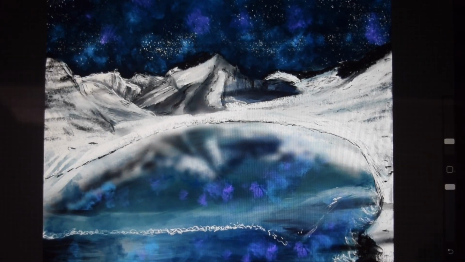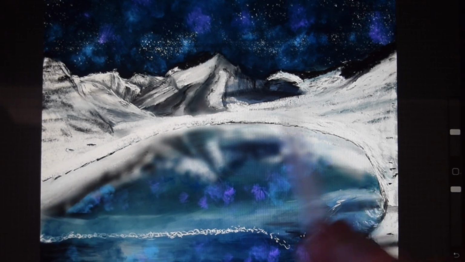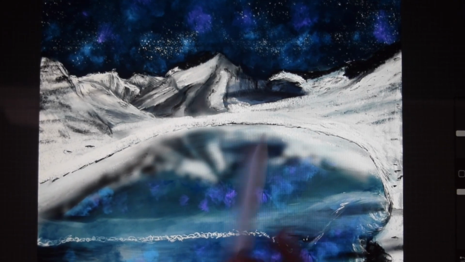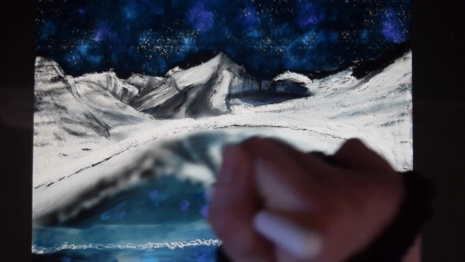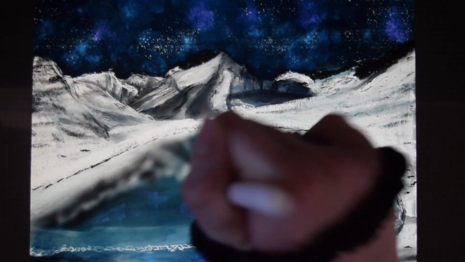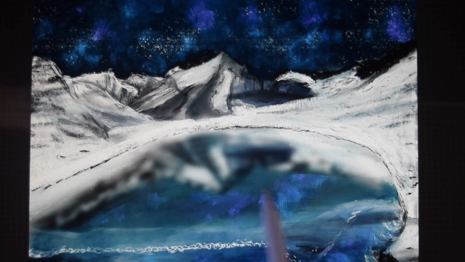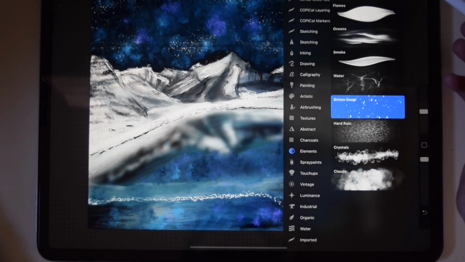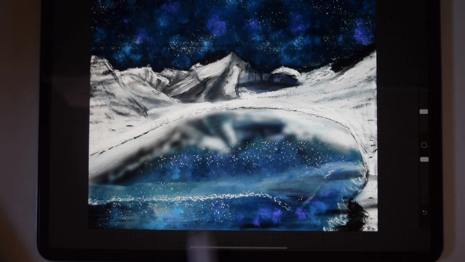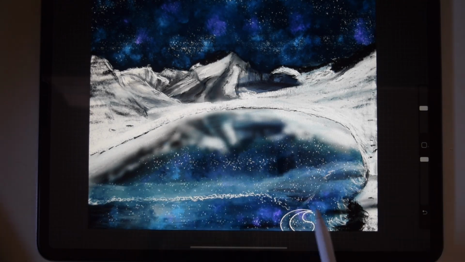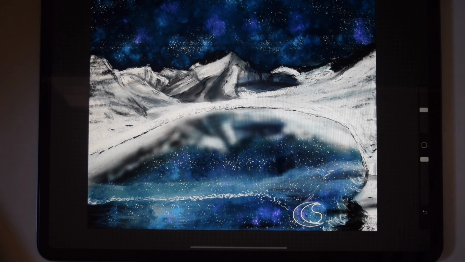When I added the Driven Snow brush, I had to change it twice because I added a different color. I did a blue tint, but I wanted a white one to match the sky. Once I did that, I erased it a little bit so it's not as bright, and so it looks more like a reflection in the water.